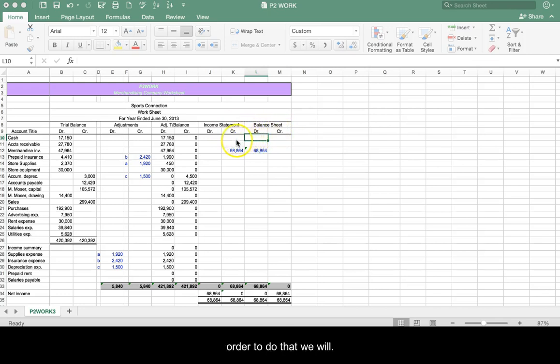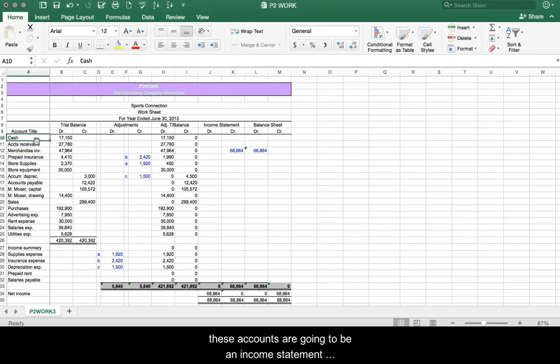So in order to do that, we will propagate these columns, columns J, K, L, and M. We will complete these columns by first determining whether these accounts are going to be an income statement account or a balance sheet account. So the first question to ask is for cash. Is it an income statement account or balance sheet account? Since we know that cash is in the balance sheet, we move over to this balance sheet column, which is L and M. And since cash is sitting at a debit balance, we go to L10 and input a formula